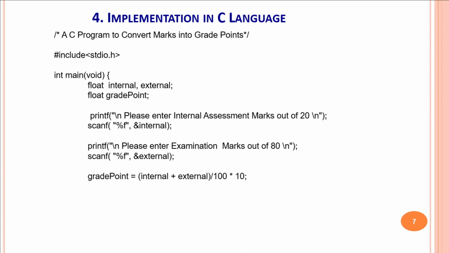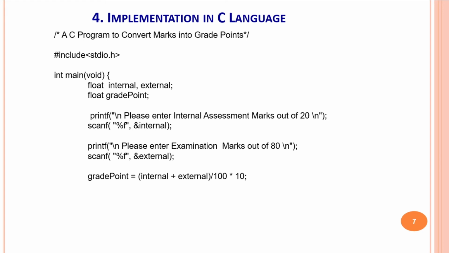Now comes the calculation. It is a mathematical, arithmetic expression, which indicates that the grade point variable will be assigned a value. And what will be that value? It is the result of the calculation: internal plus external.